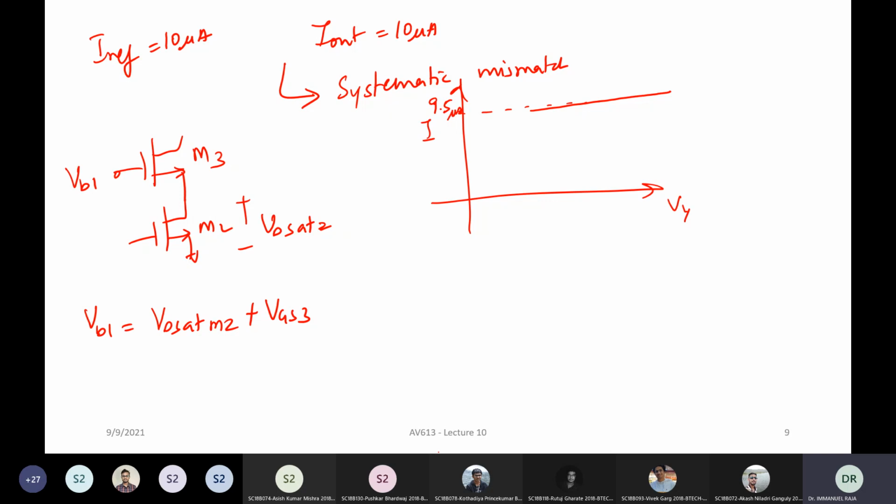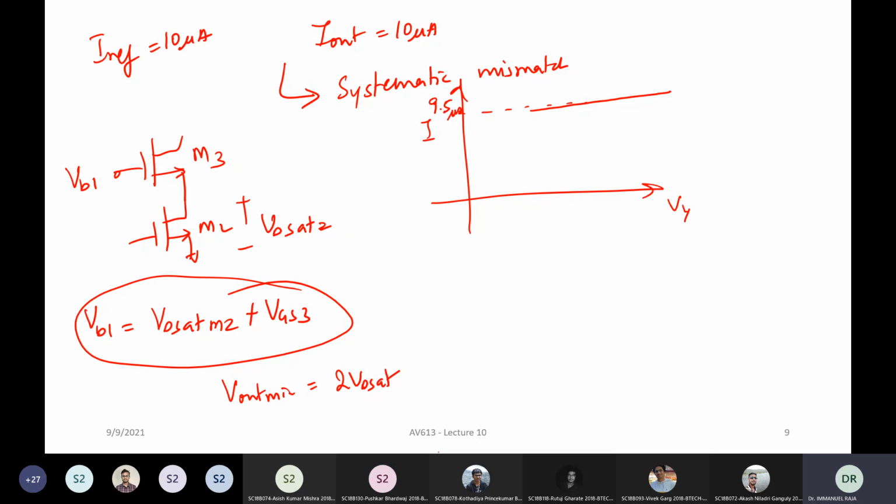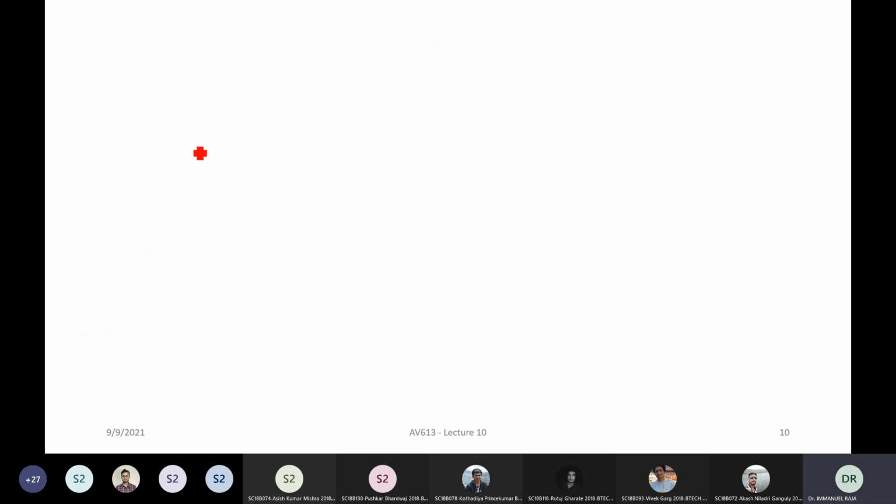Okay, now, so this kind of biasing, where if you bias it in a region like this with this particular circuit, it does not work. Okay, now this of course might give you V out min of 2 VD sat, but then I have the systematic offset problem. Now, how to solve both the problems? How to get just 2 VD sat V out min? At the same time, make sure there is no systematic offset. So for that, if you look at this particular transistor,